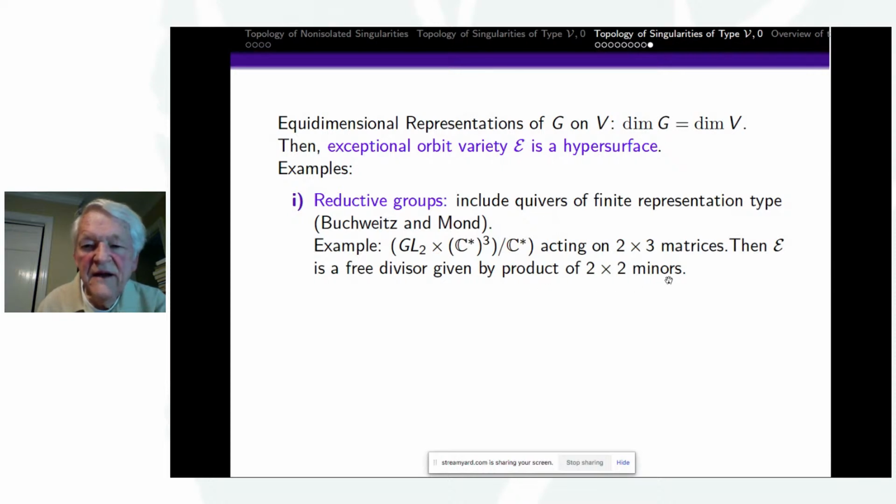It's given by the product of the 2x3, 2x2 minors of that. And I'll point out this contrasts with the definition of the variety that you actually get for the space of matrices, where it's the common intersection of the 2x2 minors. So somehow there starts being a relation between free divisors coming in and certain interesting singular varieties that we're